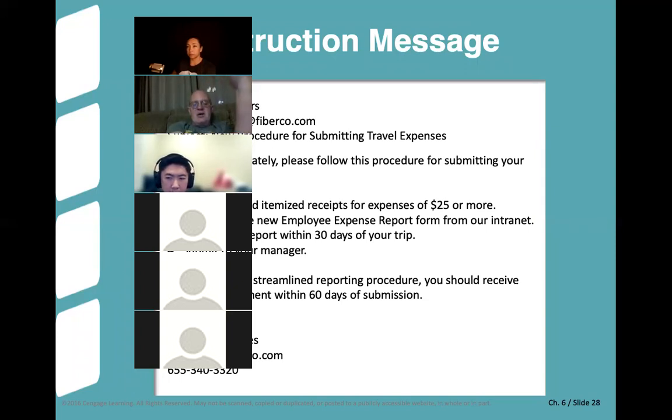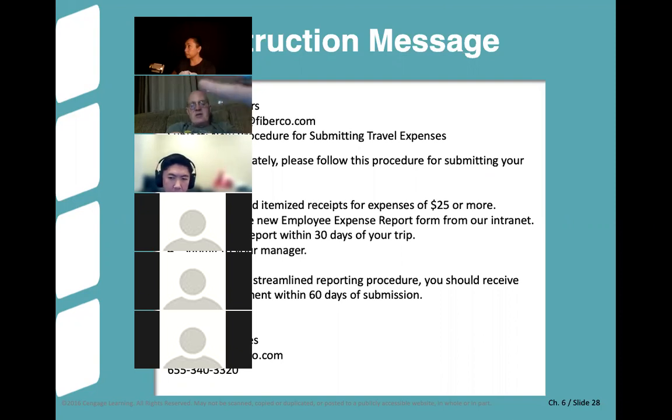Retain, download, prepare, and submit. So there's our action verbs. Retain detailed itemized receipts for expenses of 25 or more. Download the new employee expense report form from our intranet. 3, prepare the report within 30 days. 4, submit to your manager.